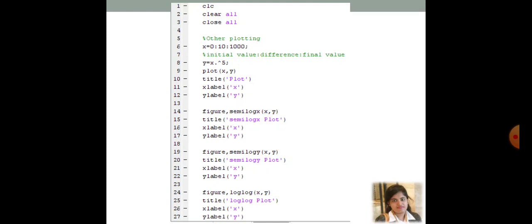So just check how many figures we are going to generate here. If you think there are 4 figures we are going to generate, then yes, you are absolutely right. The first figure will be created in line number 9, the second figure by line number 14, the third figure by line number 19, and the fourth figure by line number 24.